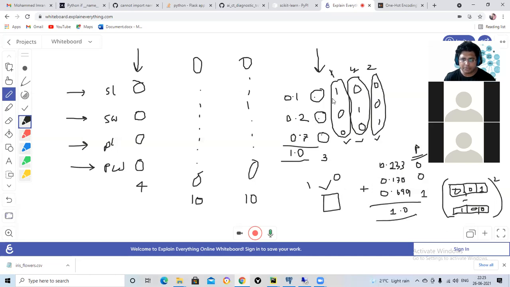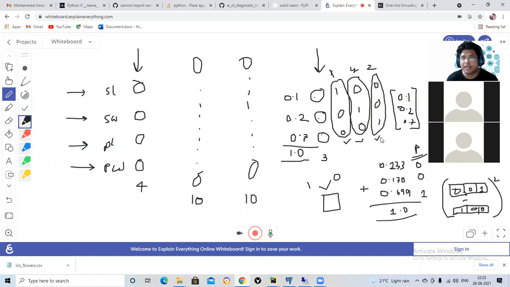Now this output, what is the shape of this output coming out of the model? It is like 0.1, 0.2, and 0.7, isn't it? Right? It is coming as an array like this. Now, can I compare this array with the string Iris Setosa or Iris Virginica? I cannot, right?